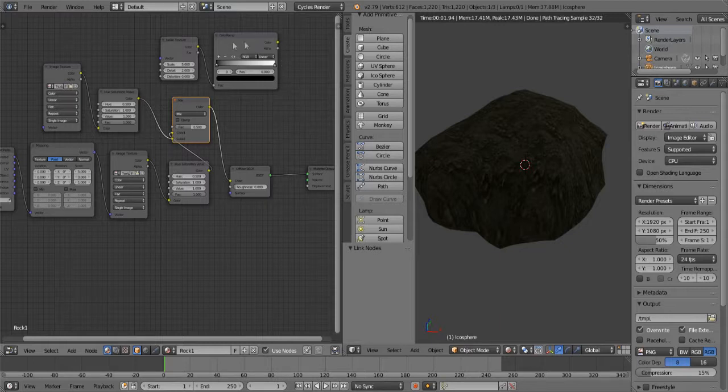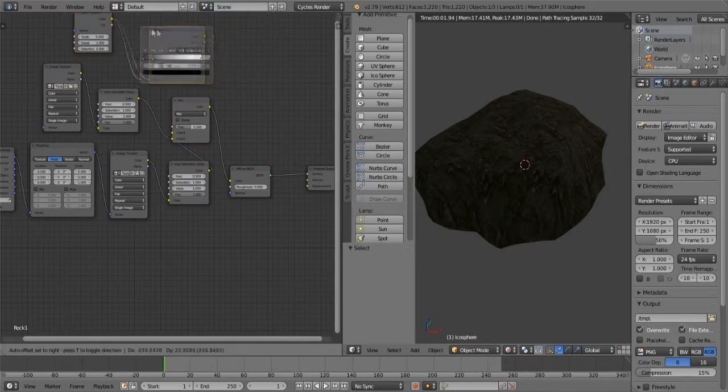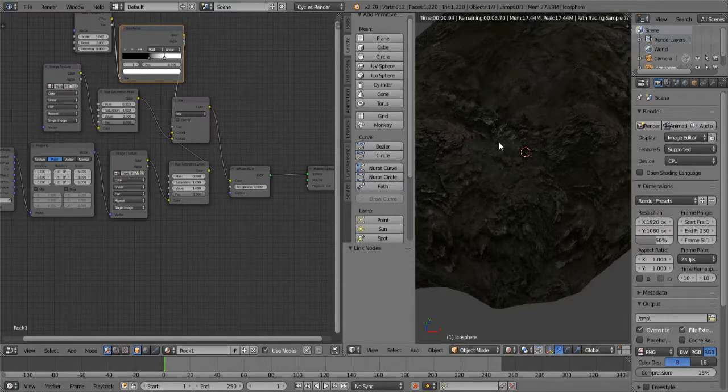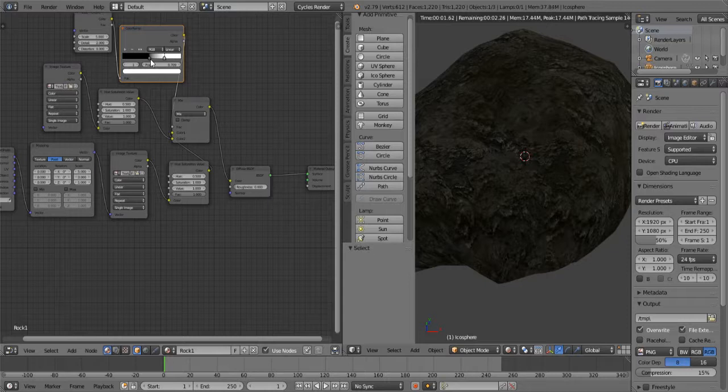Now this color ramp, I'm gonna go ahead and move this back a little bit. This color ramp is going to go into the FAC on the mix. Okay. Now, if you go ahead and do this right now, you're going to see that it's kind of just splotches, okay? Kind of just a little bit of splotches and stuff. We don't really want that. What we're going to want is to